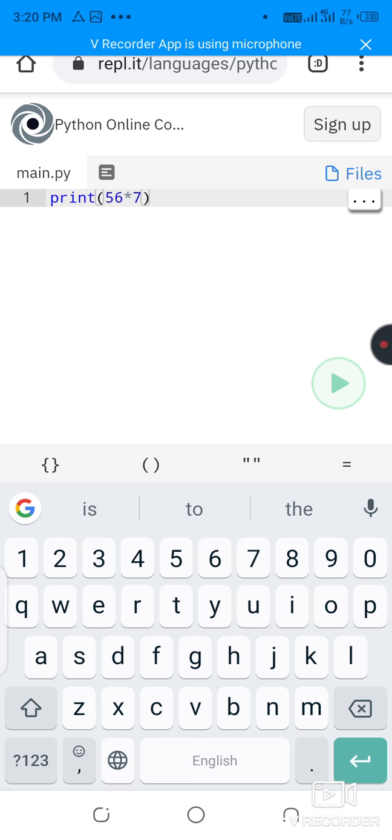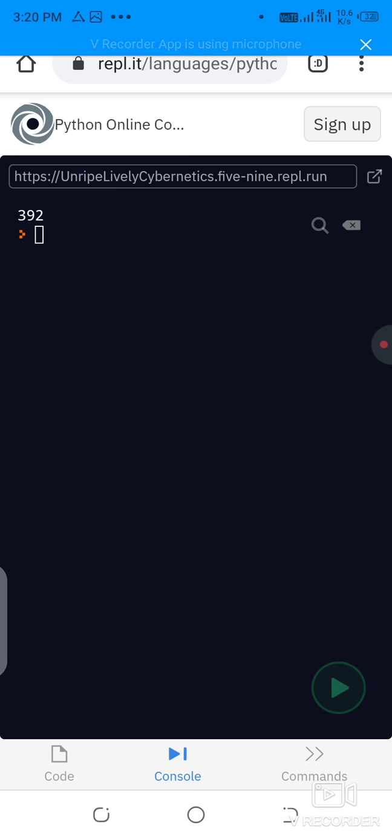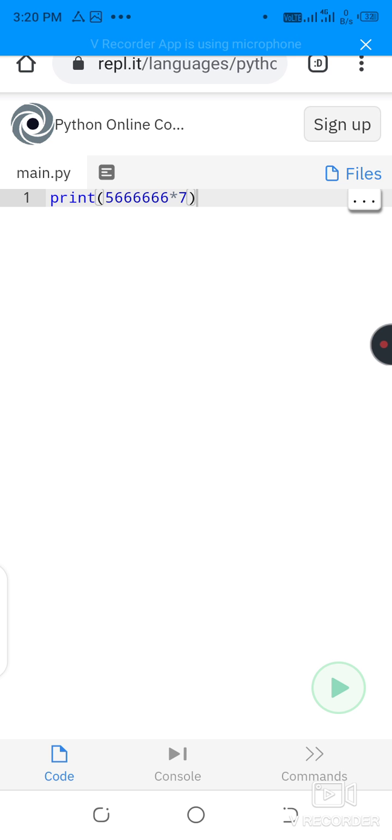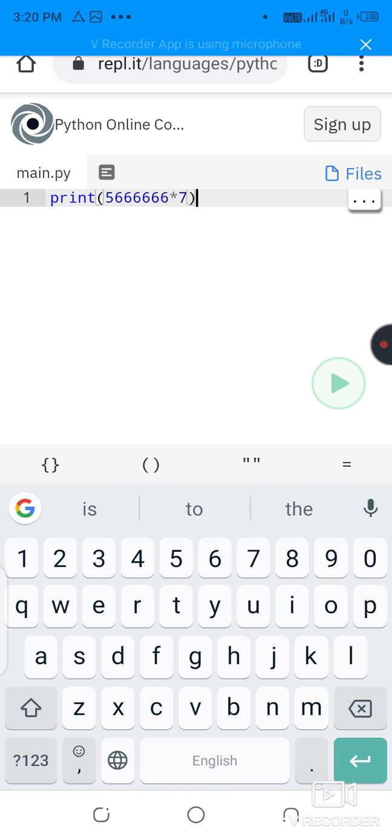And we have to write only this, print 5 and 7 in only numbers. Okay, and we have to run, and then the answer is this. In multiply we only have to do this.